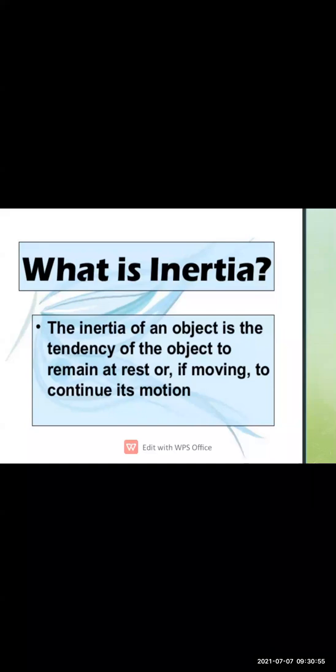So what is inertia? Inertia means when the body is in its rest position, that time we can say that the body is known as having inertia. Even if a force is applied, the object remains in its rest position. So it is called inertia of an object. In this inertia of an object, the object remains in its rest position, and even if the force is applied, it does not move from itself.